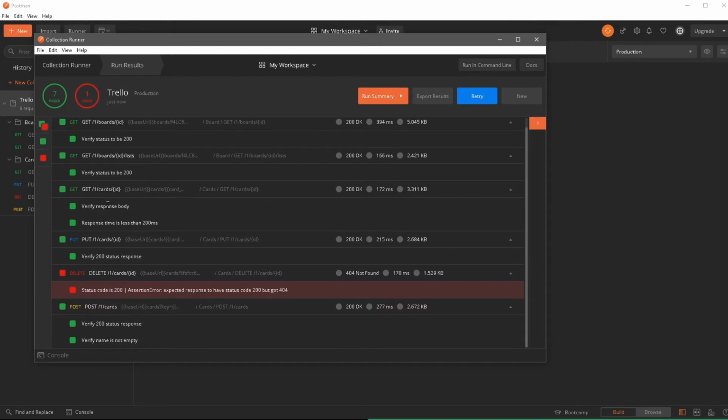And if you notice over here, we have our test which we created, which is for response body, as well as making sure the response time is less than 200 millisecond. Now this time over here, it's actually 172 millisecond. Just imagine if this would have gone to more than 200 millisecond, the test would have failed. And same thing here, this one actually went more than 200 millisecond. So this means our actual assertions are working, which is pretty good. And if you want to see how we created these assertions, you can watch my previous videos. I will add the link for how to create Postman tests.